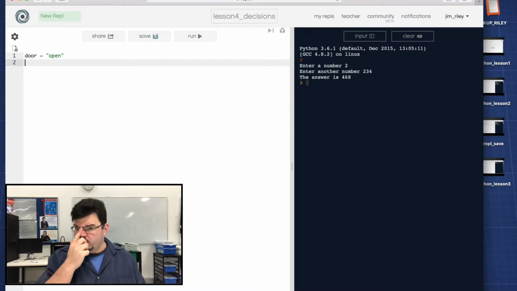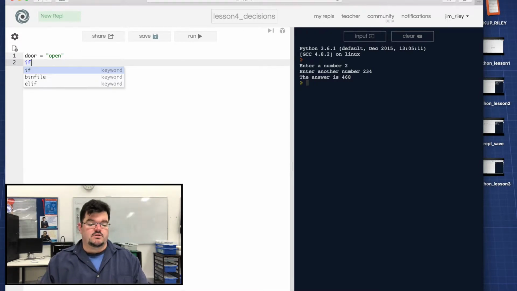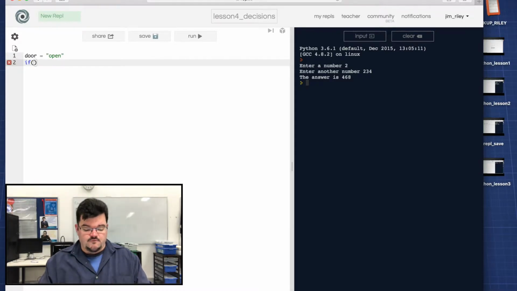And to represent blocks of code in Python, rather than using the squiggly brackets, which some of you may be familiar with in C, it just uses indents, white space. So we're going to be using the tab key a lot. But the first thing I have to do is set up my if statement. So I'm going to ask the question, if, then, open my brackets, if door